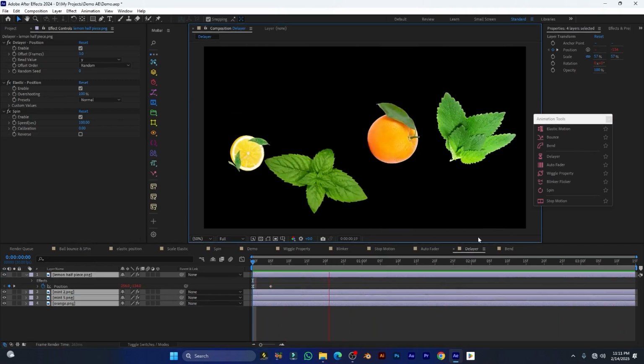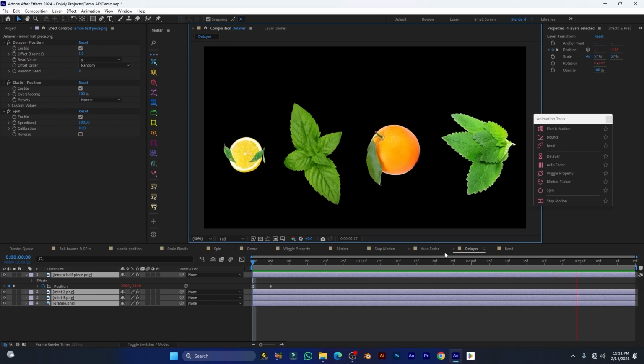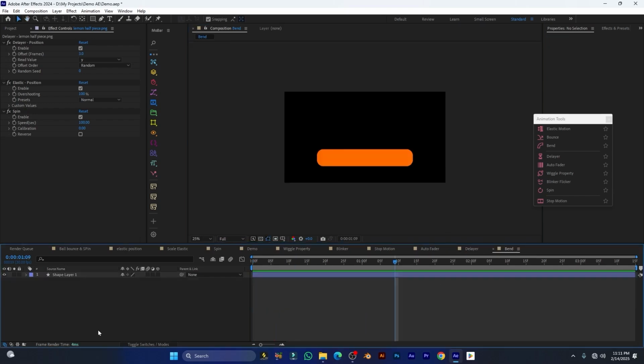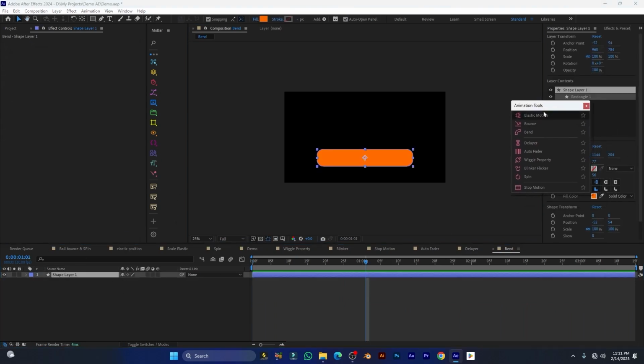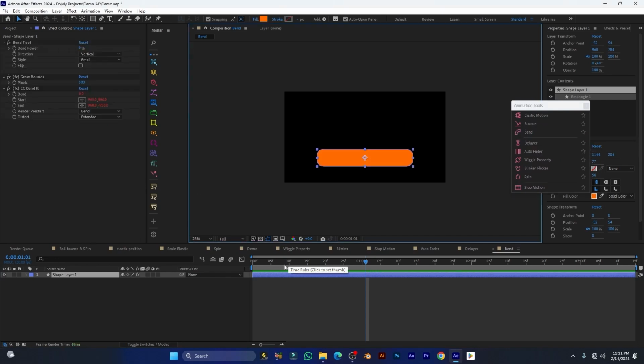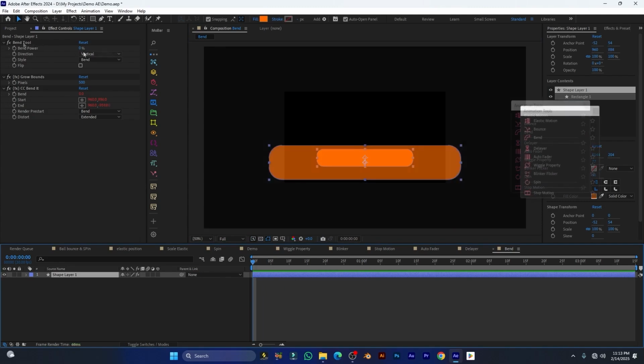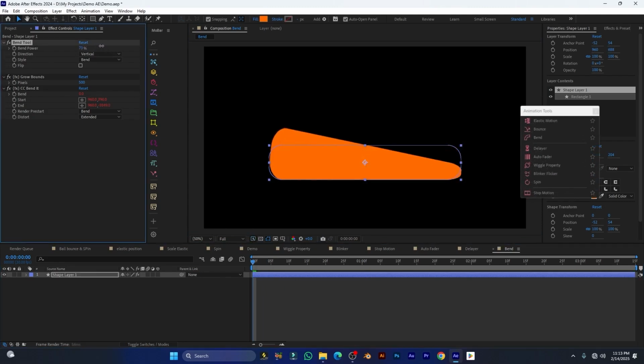Okay, so next animation is band animation. How to create band animation? So let's go, and here I will show you how to create band animation. First select the layer, then select the animation tool and click on this option, band option. Okay, so after applying this effect, here you can see inside effect panel you can make band power animation like so,